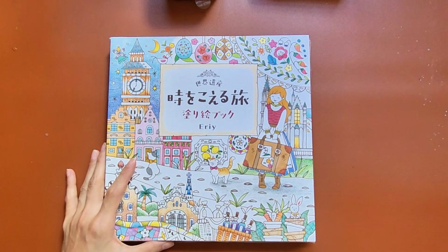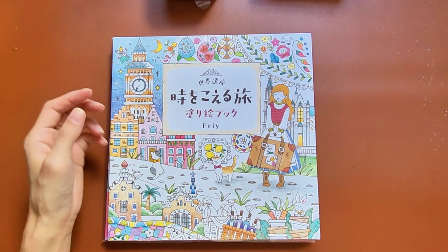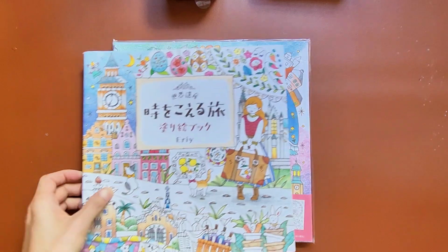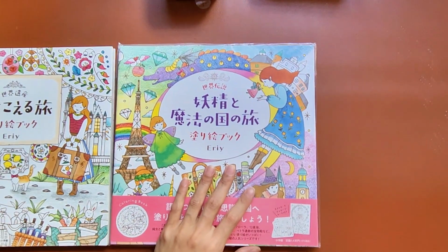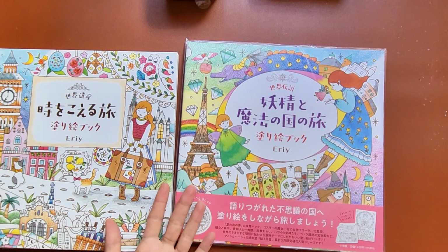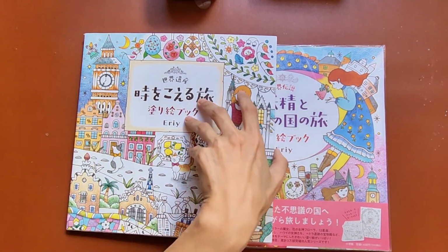And then I got more eerie books. I don't really know why. This is A Journey Through Time, and this is A Journey Through Lands of Magic and Fairies. I really wish I didn't get these because they'll take me forever to color, and I'm not sure there's a